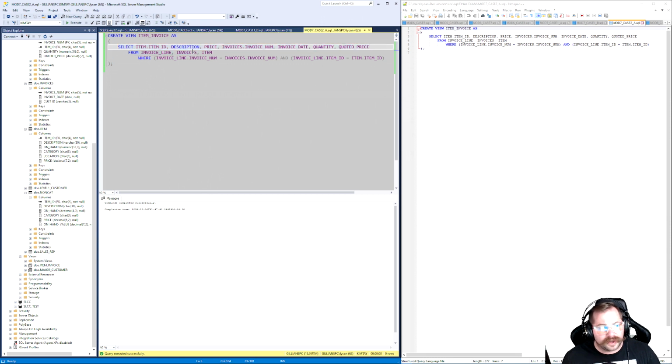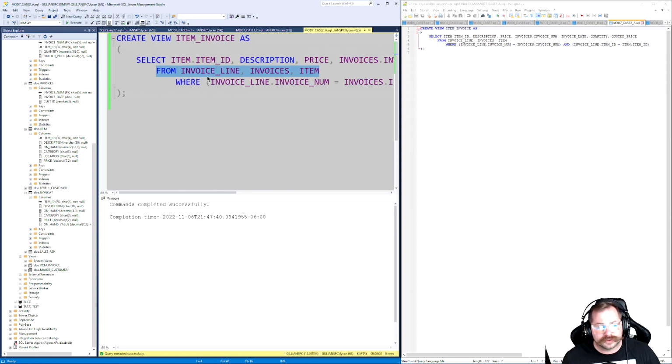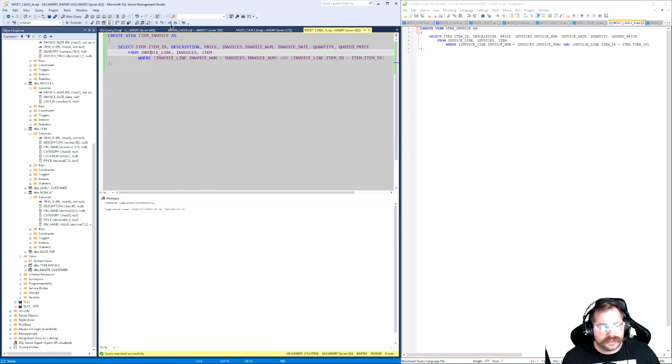Now notice I have item dot here and I have invoices dot here. The reason I have that is, if you notice, our from line here actually has a lot. It has 3 tables in it. It's got invoice line, invoices, and item. I have all 3 of those tables listed because we need all 3 of those tables to provide us with all of this information. So our condition is that we want to do it where invoice line dot invoice num